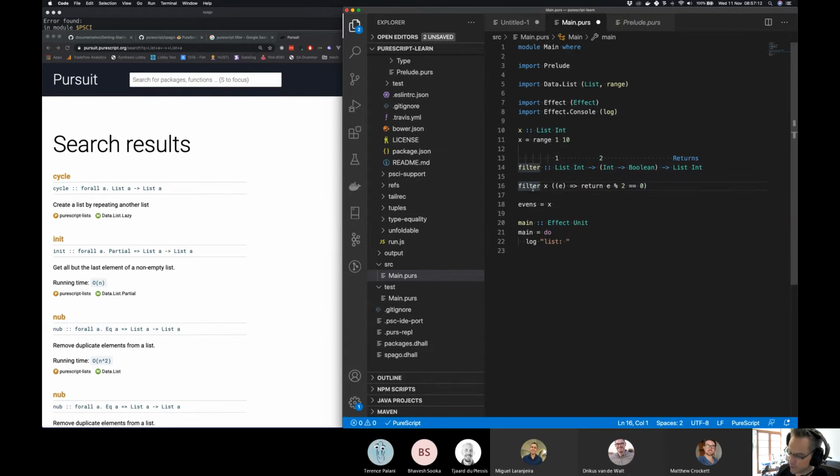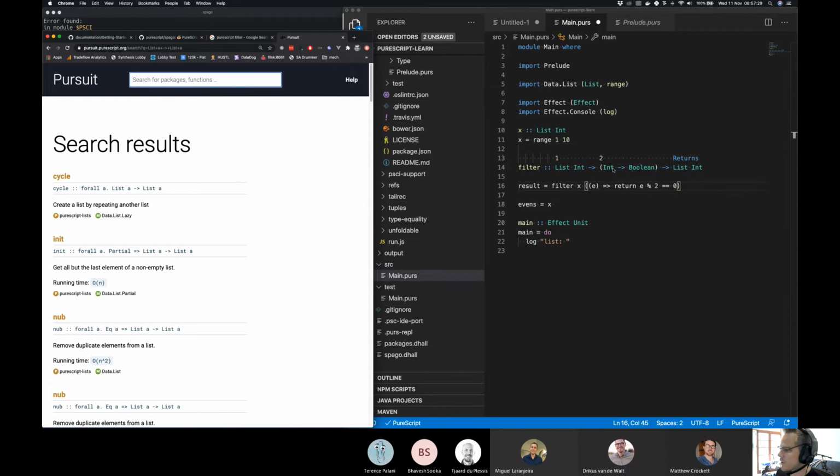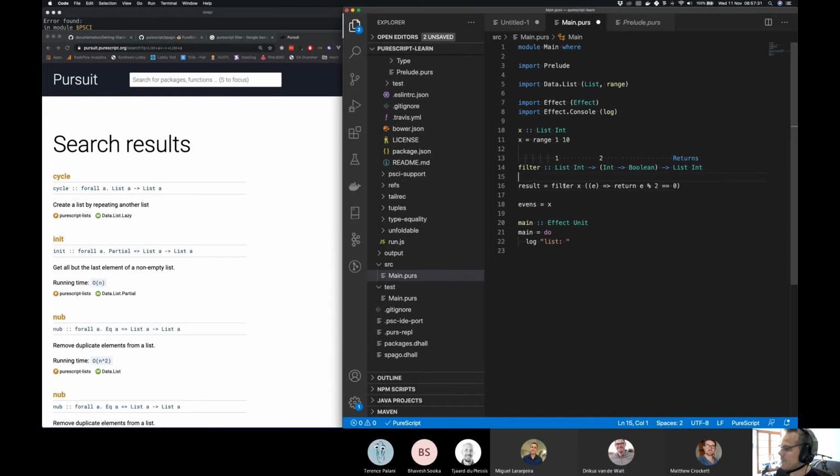So this means I can say, oh, cool, like result equals that. Kind of happy with that? That makes sense? Yeah, that makes more sense to me now. So when we define filter, and I'm not saying this is how filter looks, not just yet, that's maybe the function signature we're looking for, right?